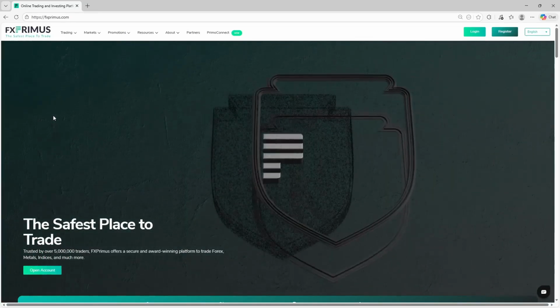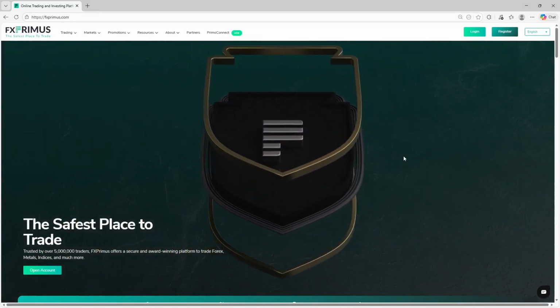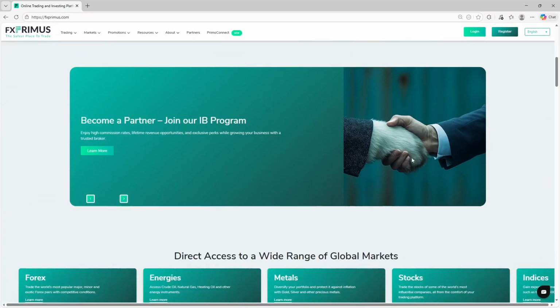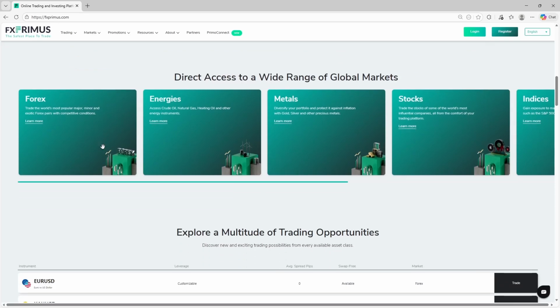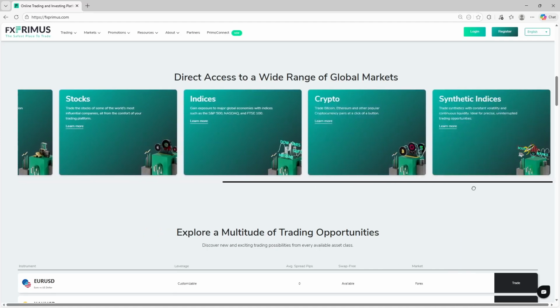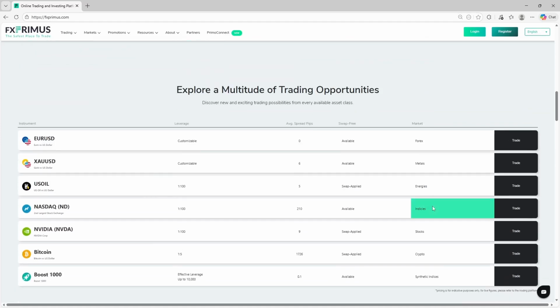On the pro side, FXPrismus offers flexible account structures, high leverage availability, multiple pricing models to suit different trading styles, and compatibility with industry-standard platforms. Traders who understand spread versus commission trade-offs can fine-tune their costs based on how frequently they trade and which instruments